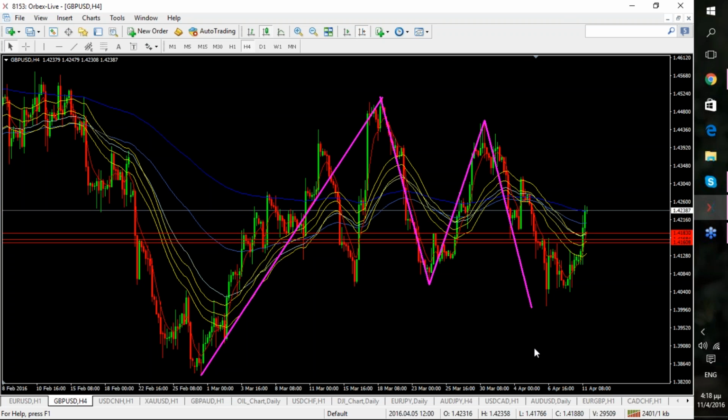So the pattern basically would hint that once it has reached somewhere the D area, it would then proceed upwards to E, and that's exactly what's happening now. And we have benefited from that upward movement between D to E, as well as the C to D downward. So that was a very good